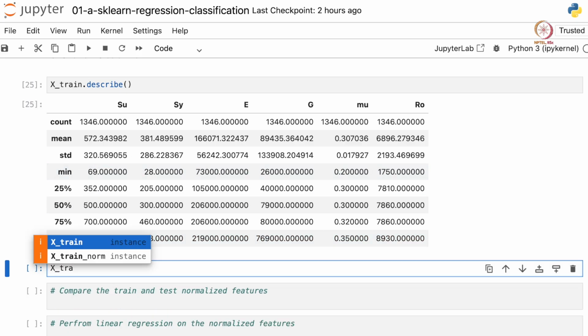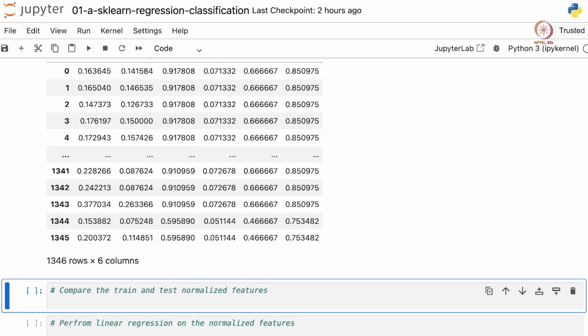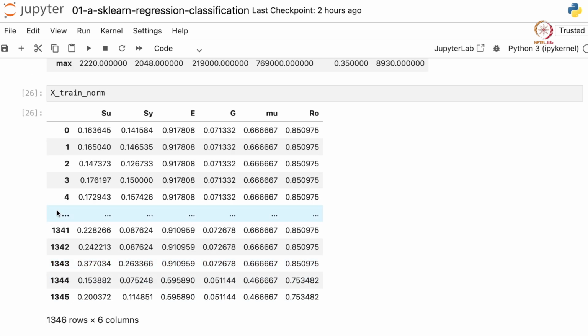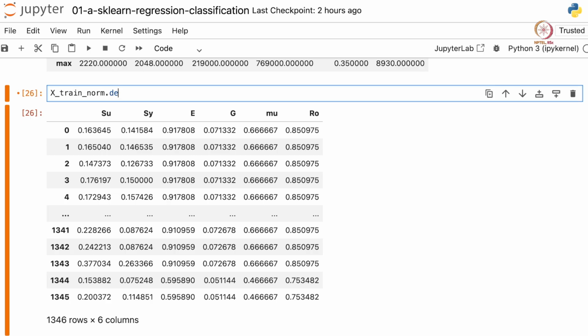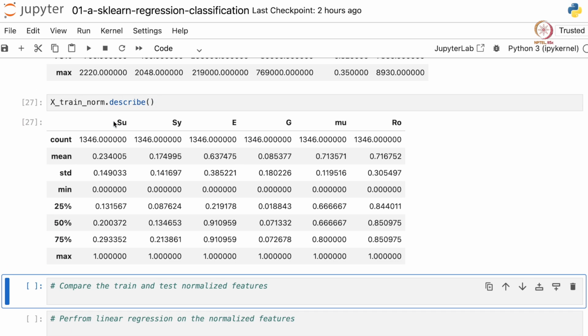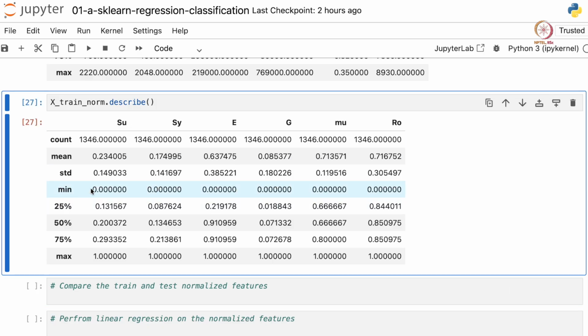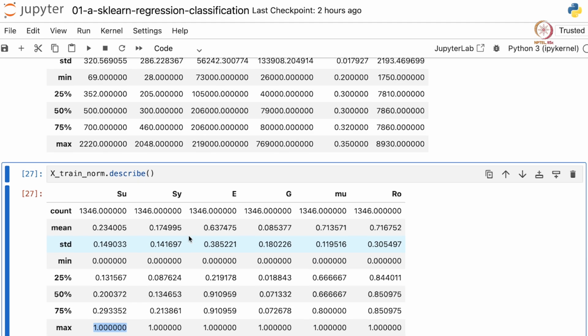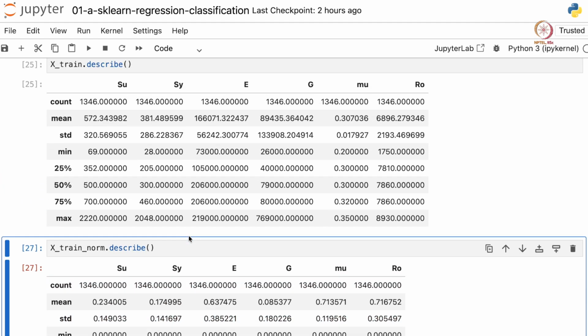So that is X train normalized, and we need to use the describe method. And here we see across all the features, the minimum is always 0 and the maximum is always 1. So across the feature, the distribution has been changed such that the minimum value is 0 and the maximum value is 1. So this is basically normalization.